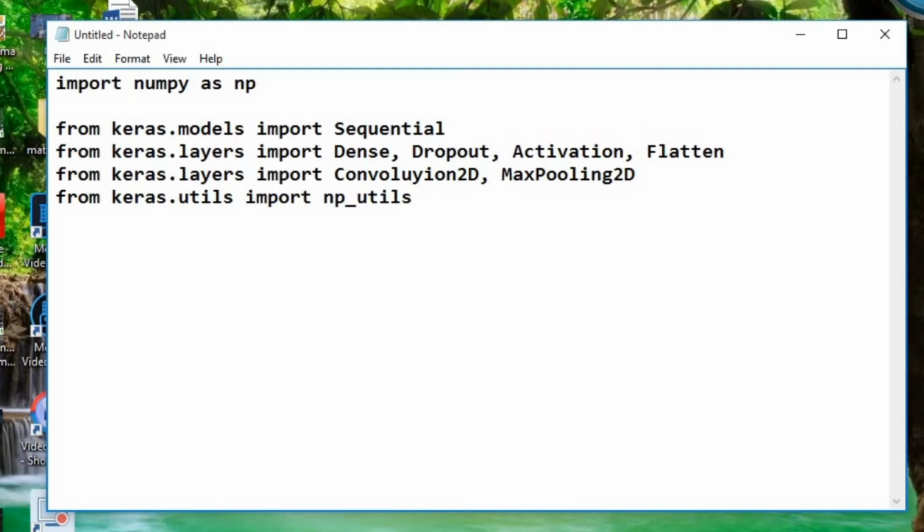From Keras dot datasets import MNIST. So MNIST dataset is inbuilt in Keras for checking the model types and all. We have imported MNIST dataset.